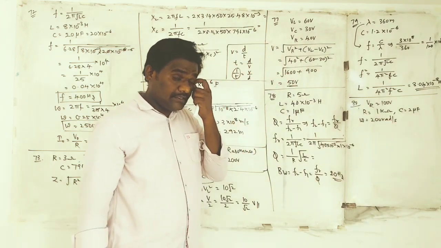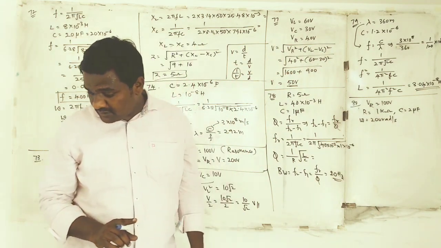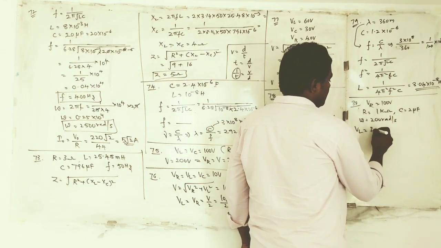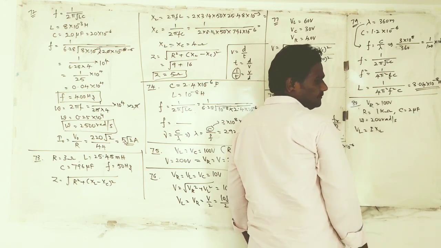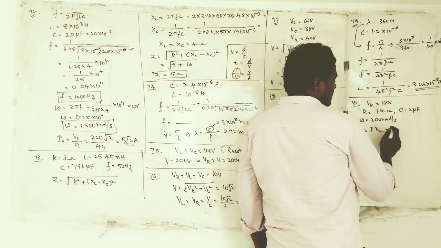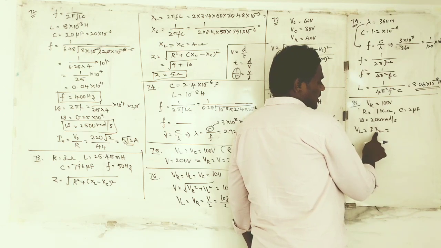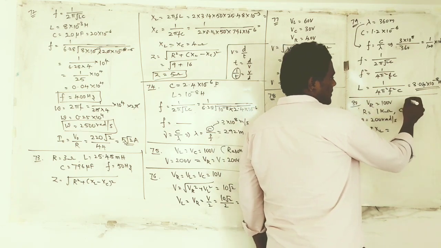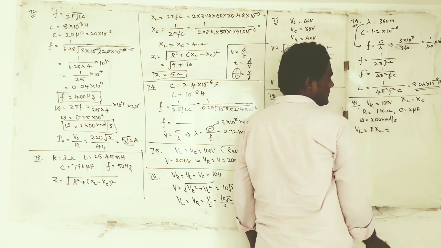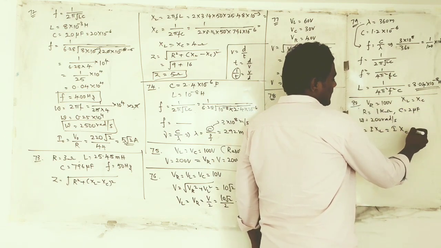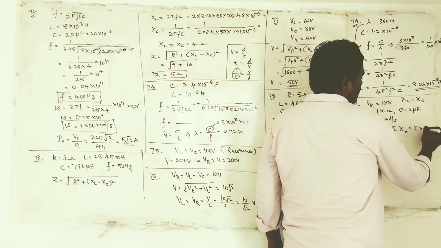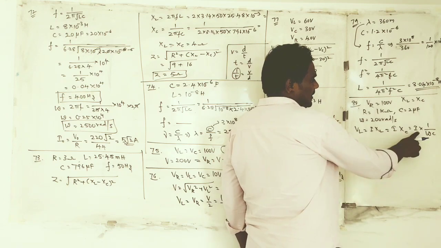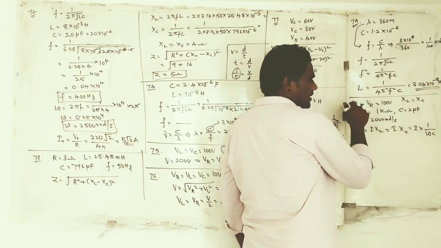Okay. Now, first of all, one thing is clear. They are asking for the voltage across L, nothing but VL. The formula is I into XL. Understood? XL can be calculated using omega L, but omega is there and L is not there. So at resonance, what is the condition? XL is equal to XC. Then you can write this formula as I into XC, which is equal to I into 1 divided by omega C. Now what is I? I is equal to V by R, because at resonance.